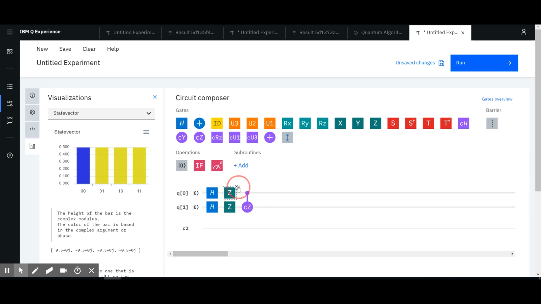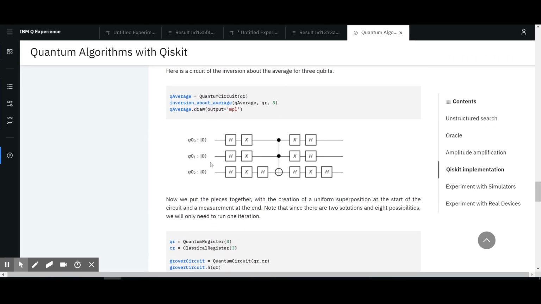But let's try a different example. Let's stay like that. So we're now flagging 1 0. So we want to cancel, we want to reduce the other ones. Because here you know that since there are only two solutions and 8 possibilities, we will only need to run this operation once. But for a bigger number of qubits, you probably need to run this twice, or 3 times or 4 times. And so I'm sticking to this here,